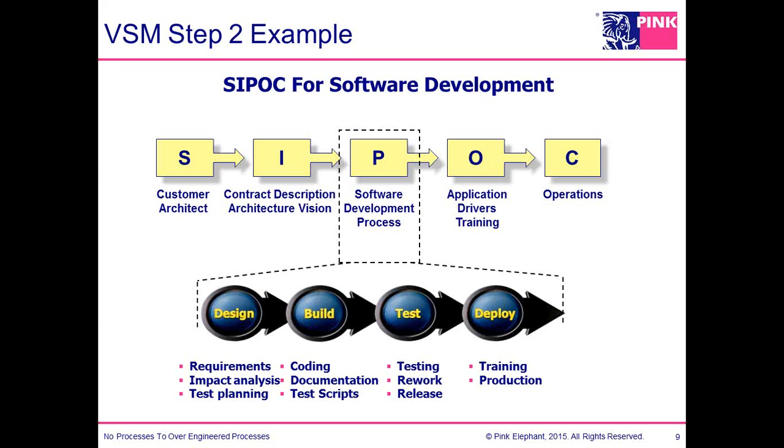This is just an example, so I'm not going to go through it. I'm going to talk about the concepts of how we use a SIPOC. If an organization is just starting to talk about needing to develop a process, we will bring this up and say, before you get started writing all the process documents, I think it's important for you to clearly understand the relationships that you're going to have.